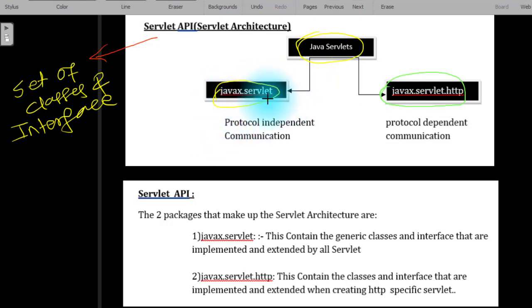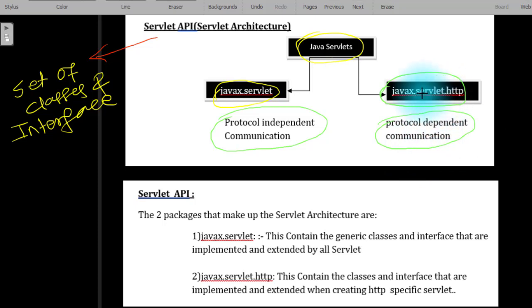One, javax.servlet is your protocol independent servlet. That means using this package we can create a servlet which does not depend on any protocol. But in case of javax.servlet.http, it is your protocol dependent communication.